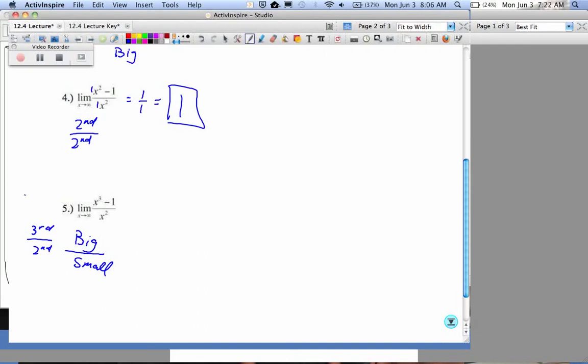If the graph continues to go up, or maybe down forever, where's it going? Infinity. Okay? We don't even have to solve for